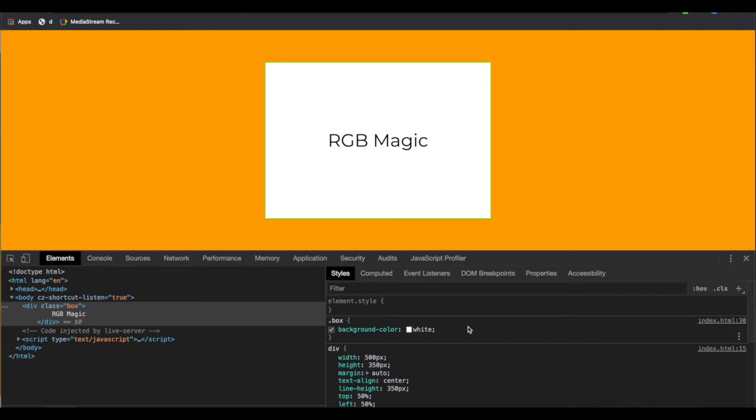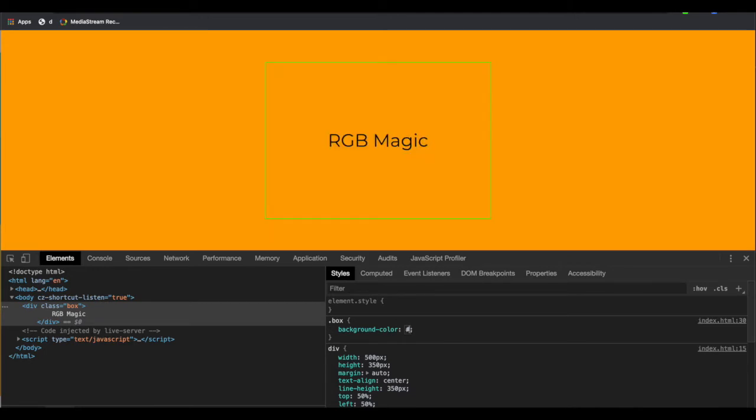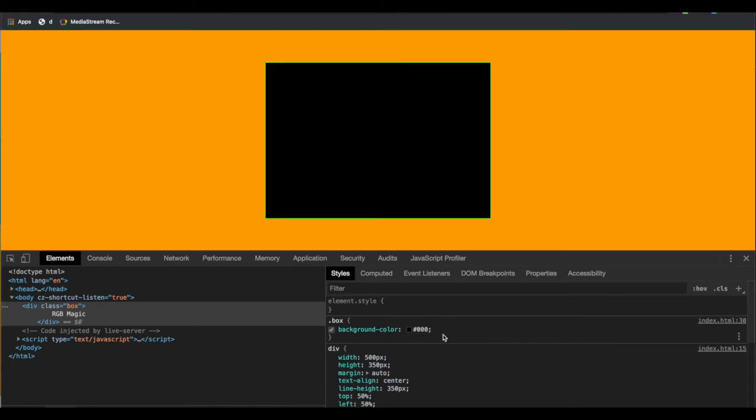If I write background color, the hash stands for hexadecimal codes. So I'm writing 0 for red, 0 for green, 0 for blue. That will give you a black color. If you write 0 0 0, that means there is nothing, so that will be black.